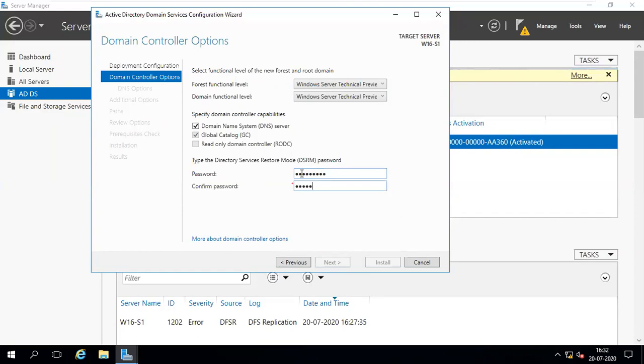Directory Services Restore Mode password. If your directory loses data, then it will require the restore mode password. If you want to restore your directory, then you require this password. But give the admin password only, your actual server password, admin@123 only, I'm giving. I'm not giving anything extra. So the check mark is there and leave it like this.